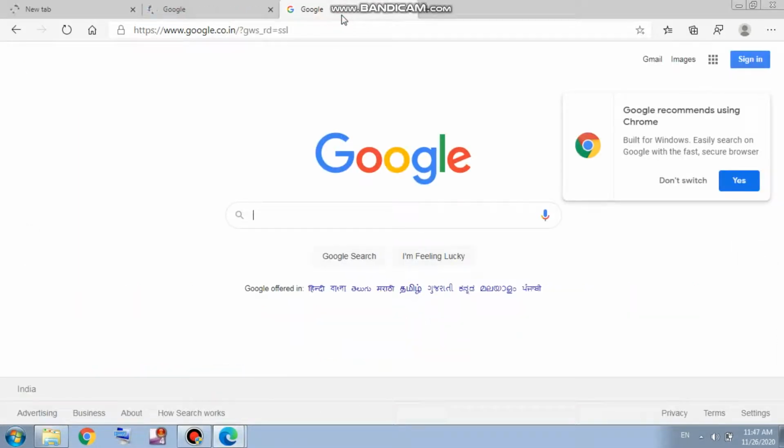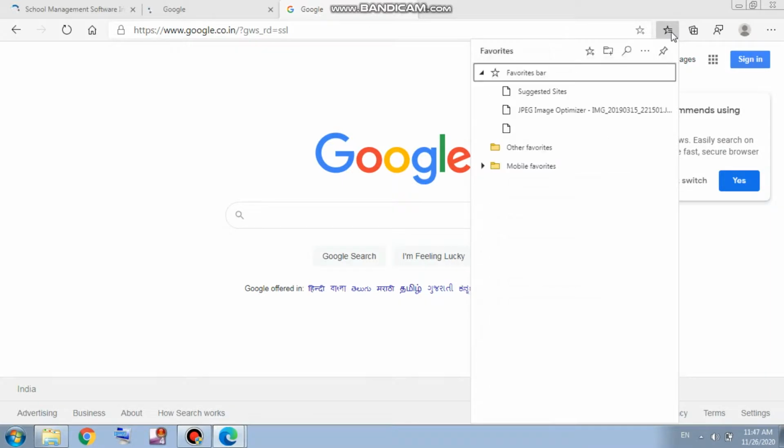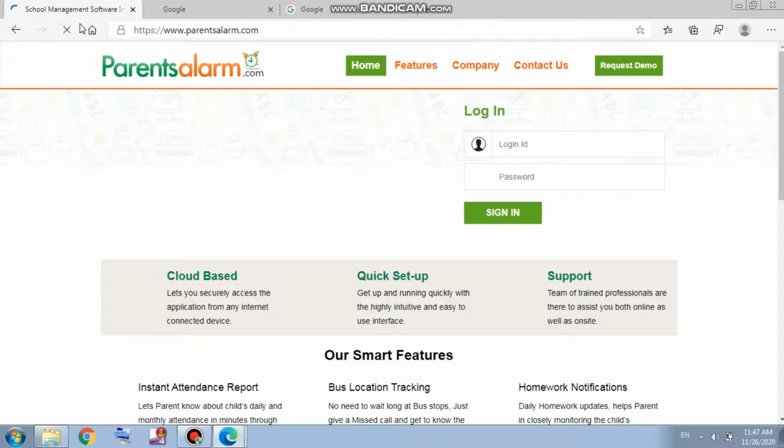Afterwards there are the reading view and favorites. As I have said, this is Windows 7, so there is no reading view, but of course there is the favorites tab. If you want to add any website as a favorite, like I have added these two websites as my favorites, they will always be shown on the tab.